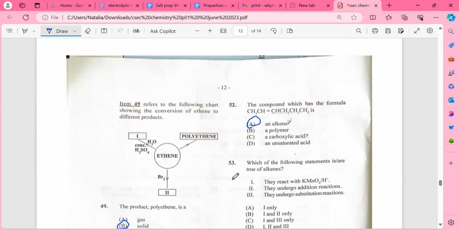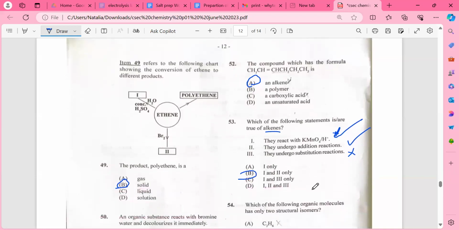Which of the following statements are true about alkenes? Alkenes cannot be oxidized. Yes, alkene, sorry. Alkene reacts with acidified potassium permanganate, yes. Undergo addition reaction, yes. Undergo substitution reaction, no. So alkene, 1 and 2,